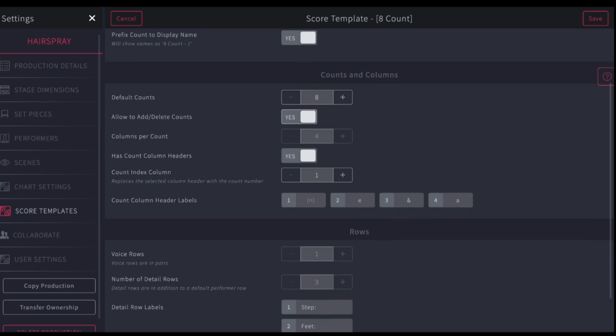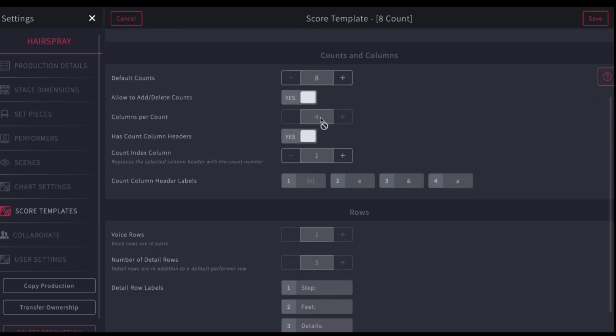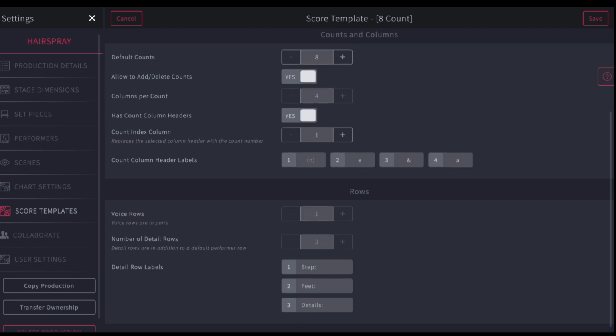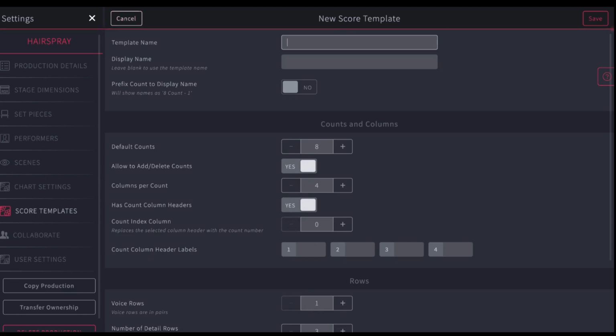You could say yes or no. How many columns are in each count? Does the count have column headers? Meaning here, if I go 1 E, it'll say 1 E. And then voice rows, how many will you allow me to have? How many members of detail? And then down here, if I don't want to do step, feet, or details, I can add different things. So if I'm going to create a new one from scratch,